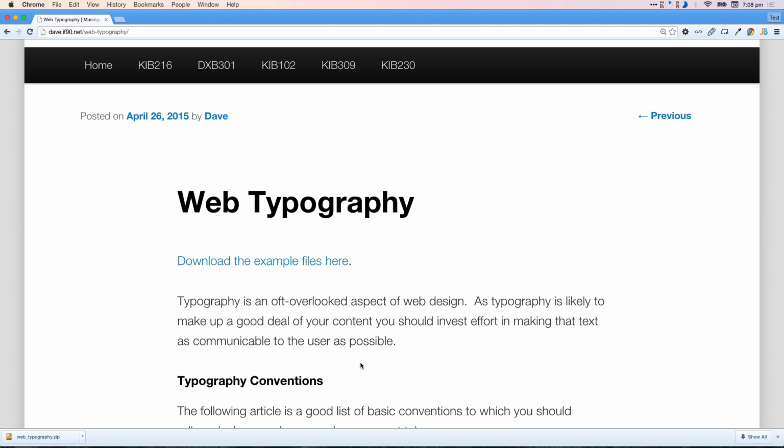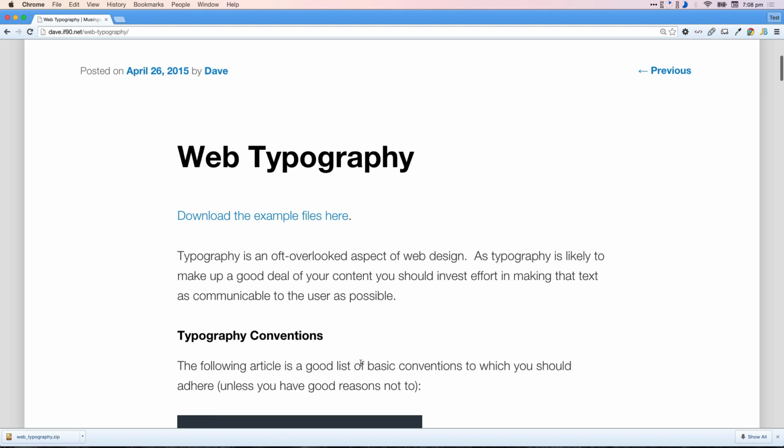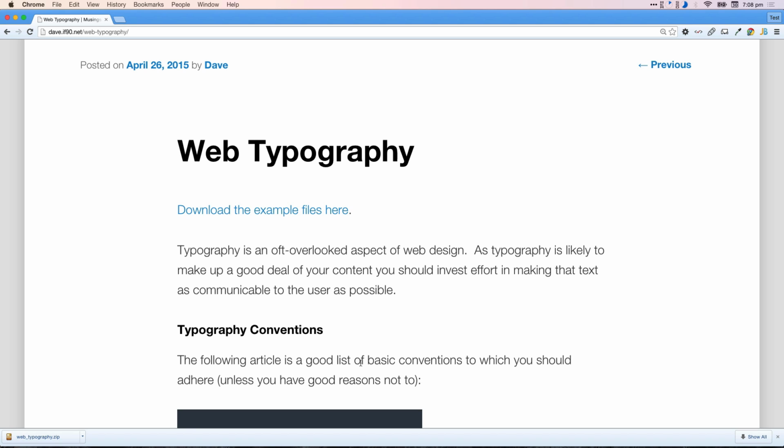The reason I want to go over web typography is because I think often it's overlooked, particularly when you consider that the majority of content that we consume on the web, even today in the age of lots of multimedia, is still going to be text. Some people will say up to 95% of the content that we consume on the web is still text. So we kind of owe it to our users to consider text more when we're designing